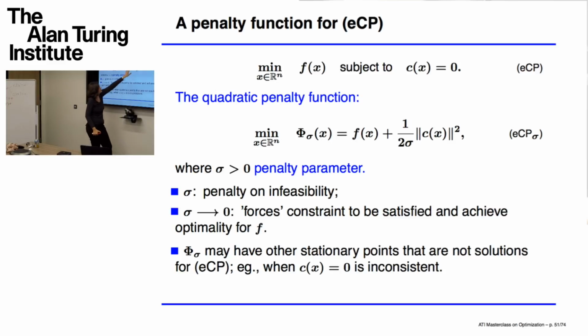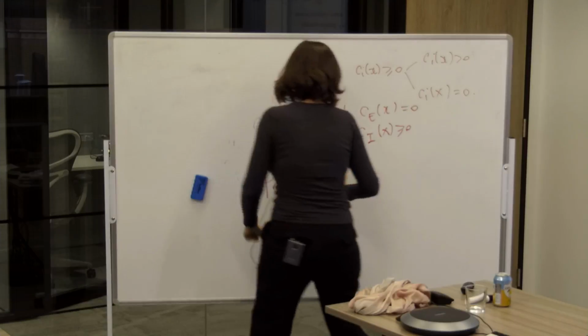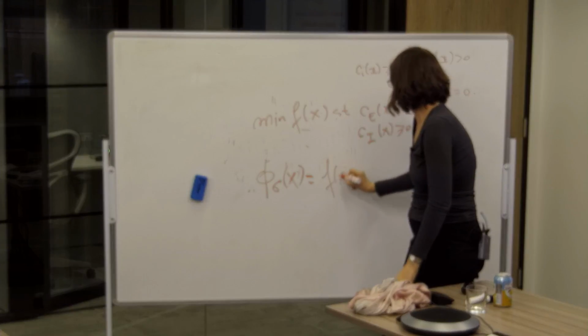I will put the constraints in my objective, and I will put a penalty term here depending on a scalar sigma. So my phi there is called the penalty function. And it is f of x